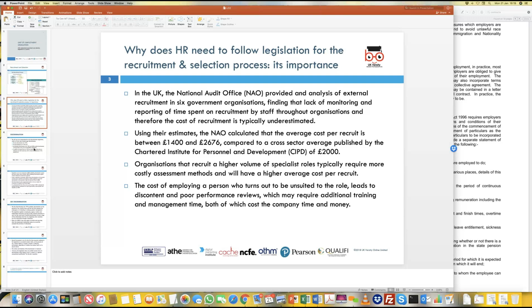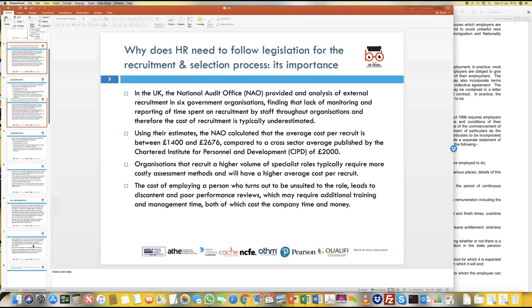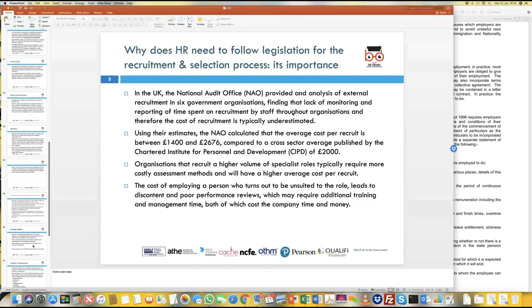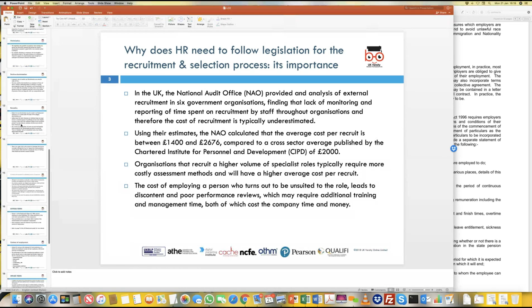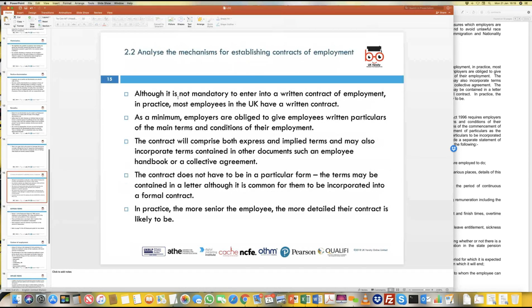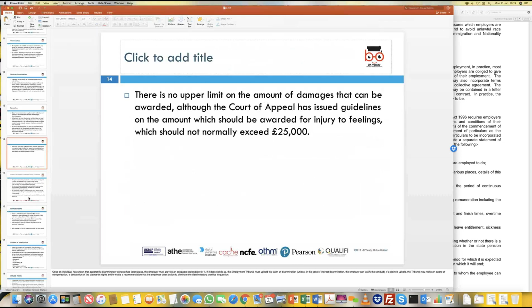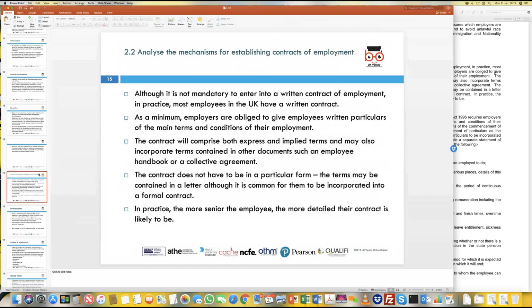Okay, so when we look at the individual components of what we need to understand when an employment contract is drawn, we are going to look at studying this particular learning outcome slightly backwards. I'll tell you the reason why. So first, what we need to do is understand, in some cases, why do we need